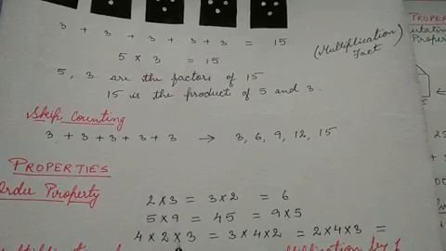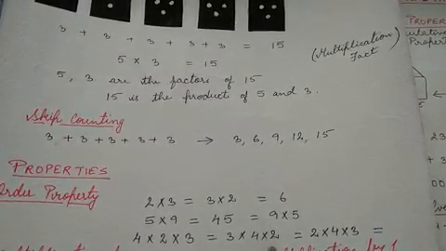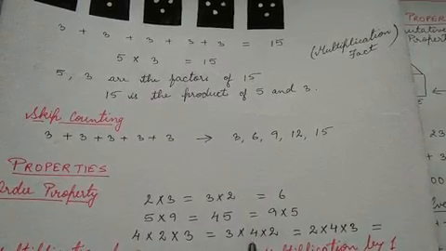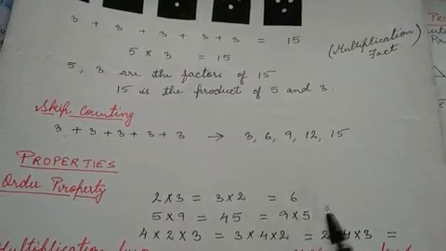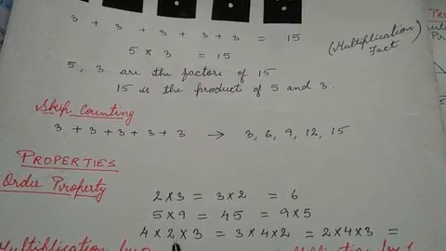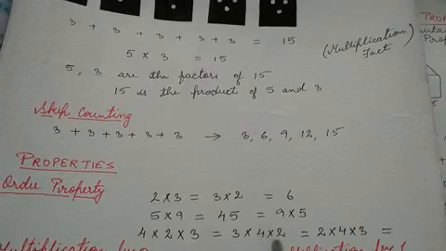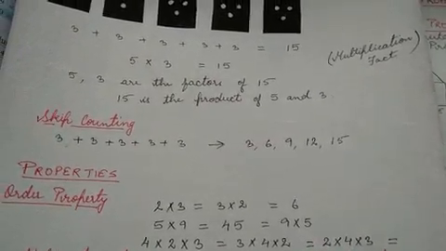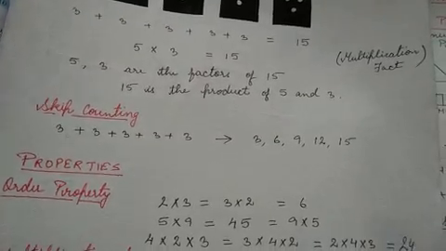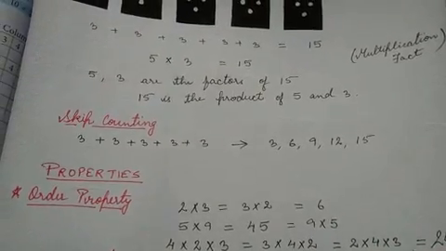Now 4 into 2 into 3 will also be the same, or 3 into 4 into 2. We are changing this order simply anywhere, and you see it is not changed. Our answers will not change. Now 4 2s are 8, 8 3s are 24; 3 4s are 12, 12 2s are 24; 4 2s are 8, 8 3s are 24. Our answer is not changing. If we change the order, our answers will not change.